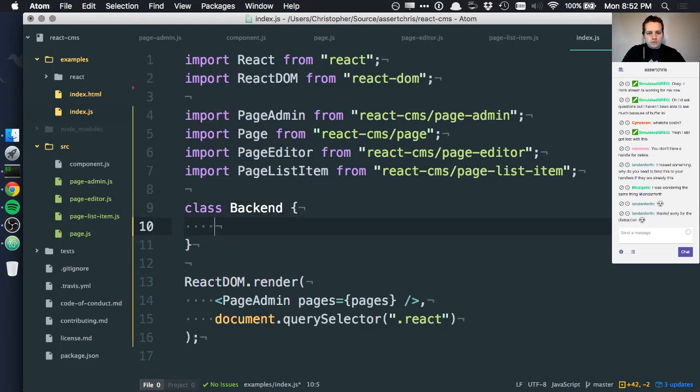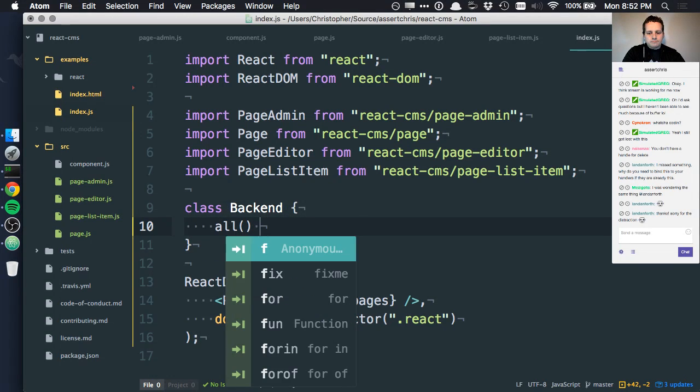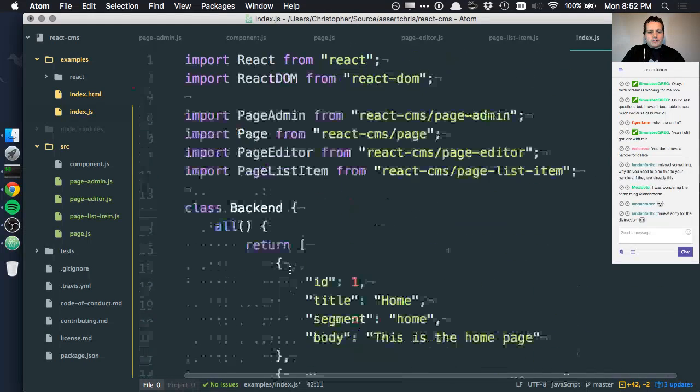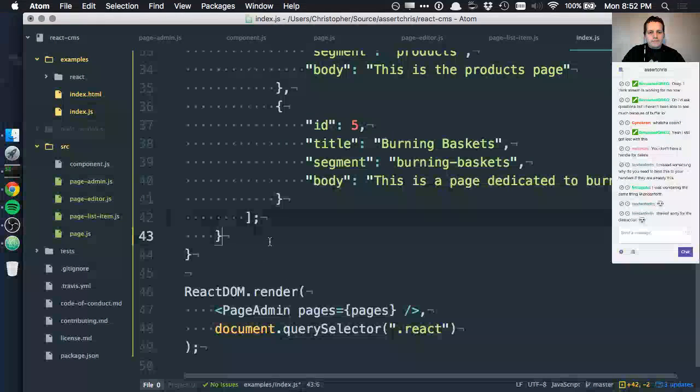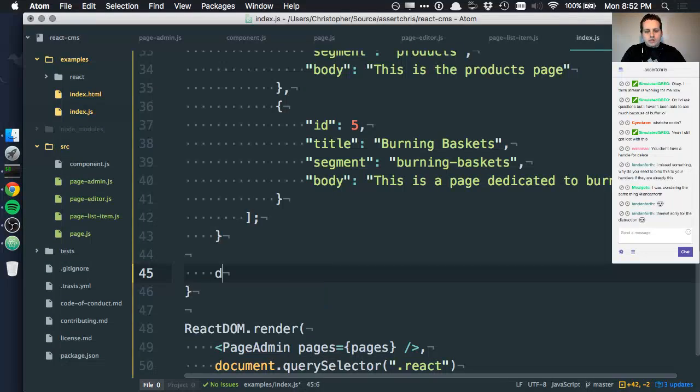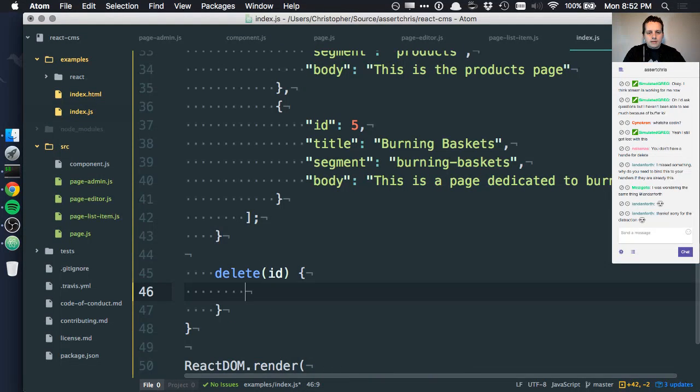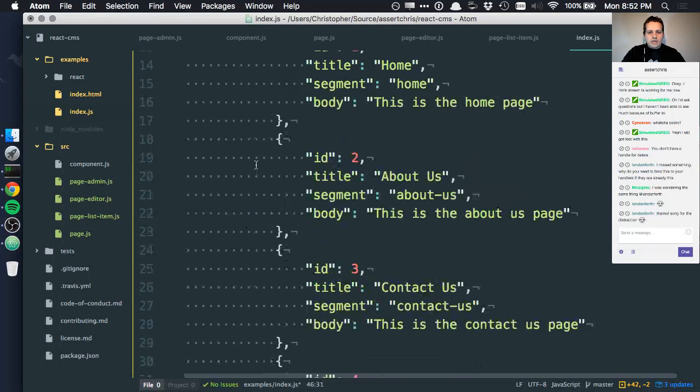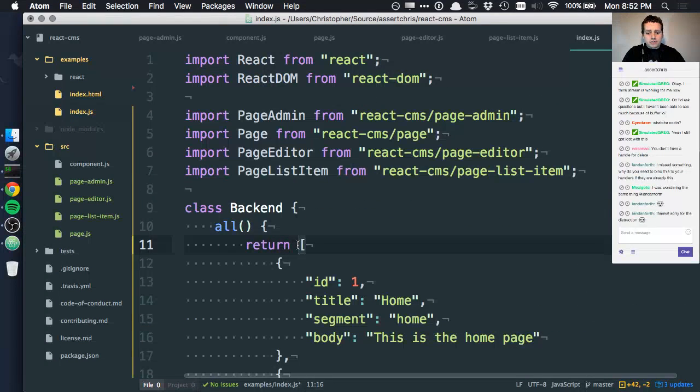Class backend, all, and that returns an array. Okay. Delete with ID, and that says this deleted push ID. And then what this all does is it actually returns